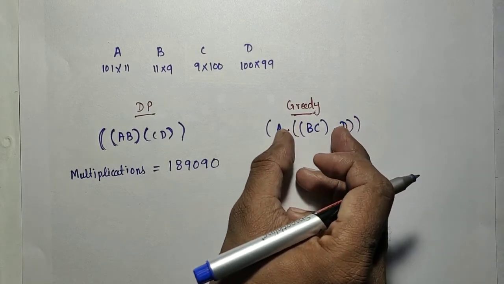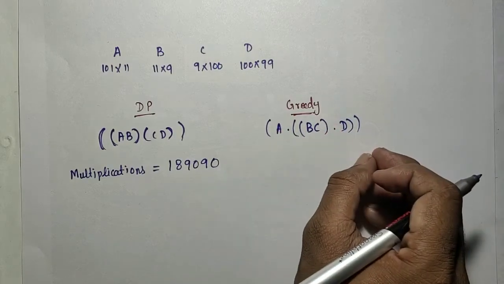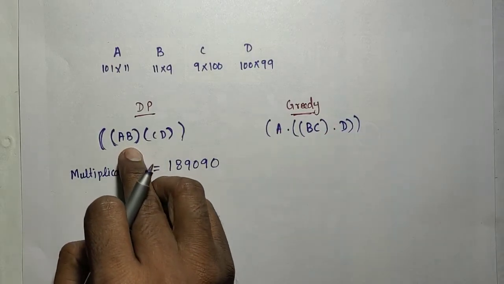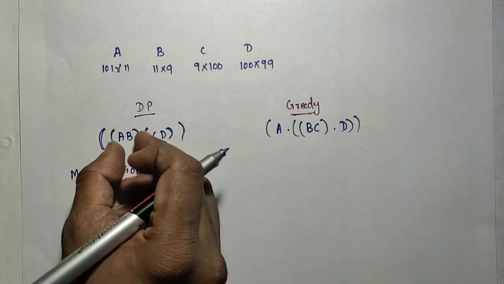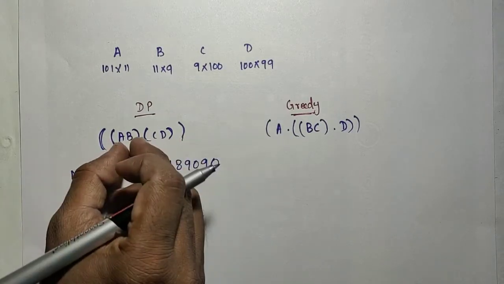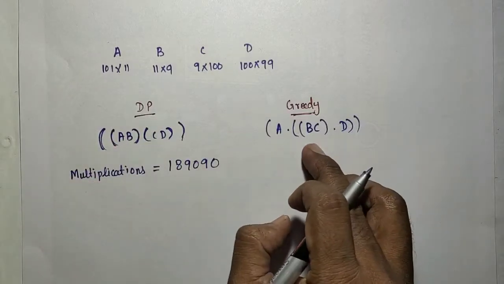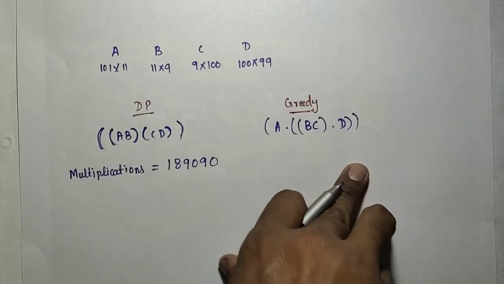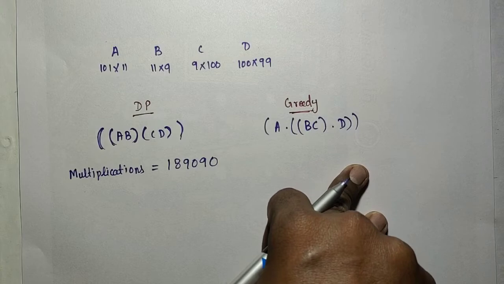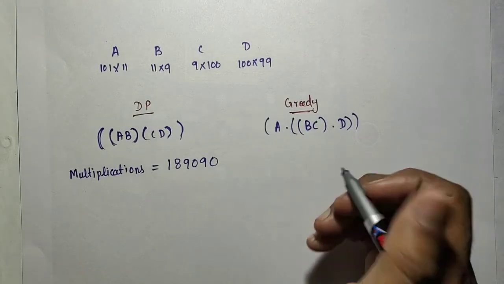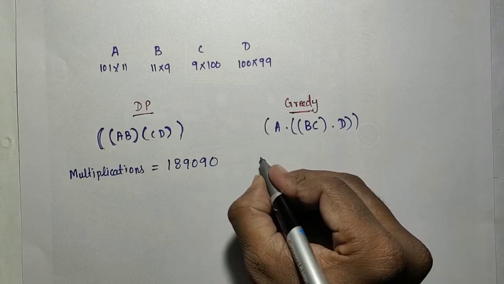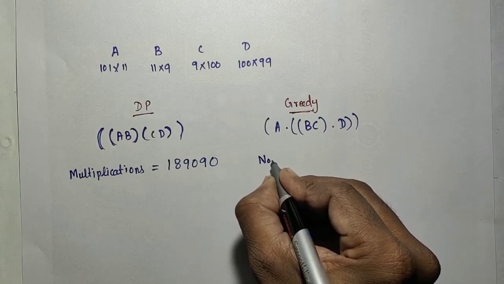Okay, that will be multiplied with that A, like that we are obtaining. But here not like that, AB and then C. At the first level itself we are getting the two best. Okay, dynamic programming. Here, what the greedy approach we are getting is this result. Okay, we are getting this result. And here the number of multiplications needed is